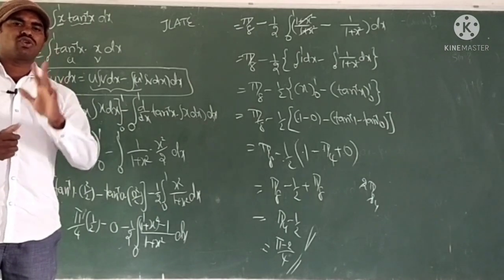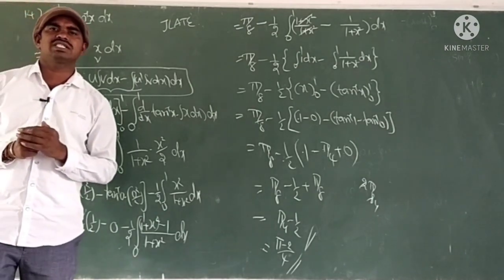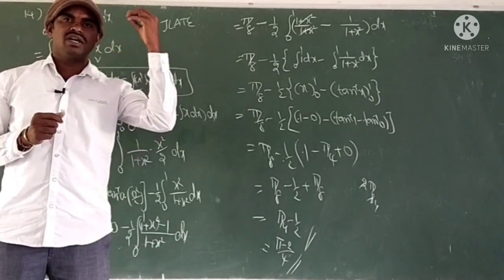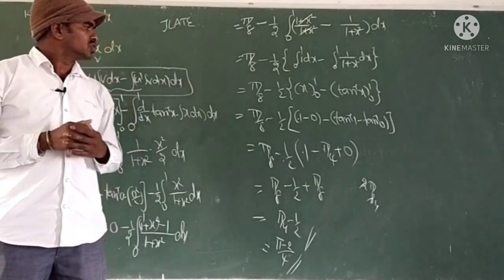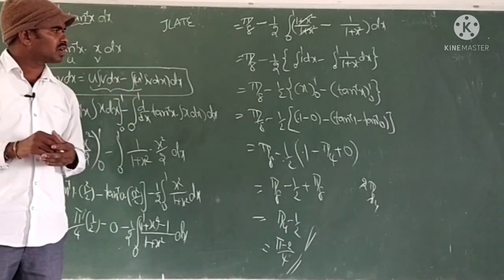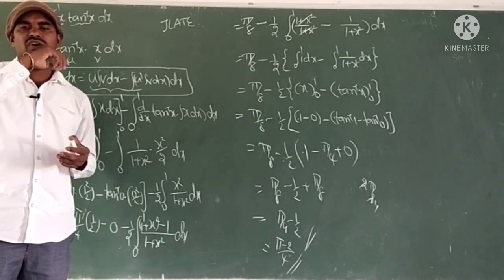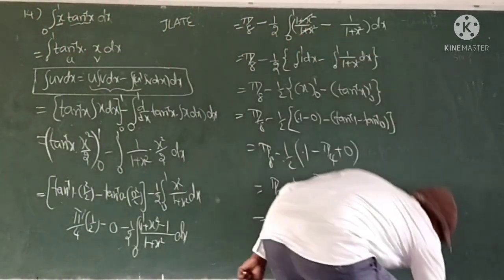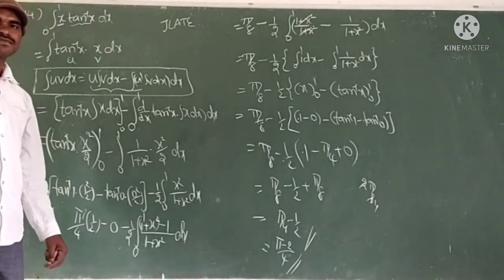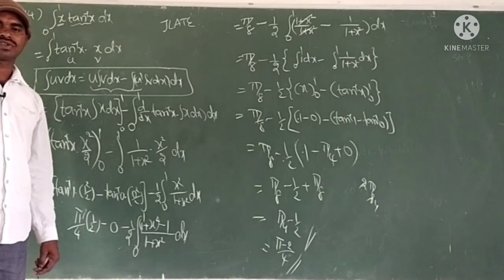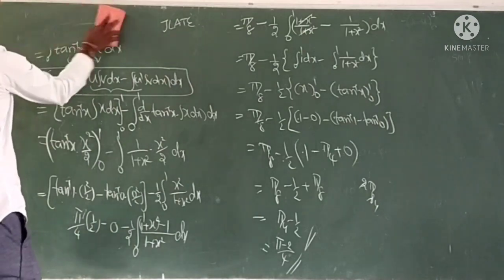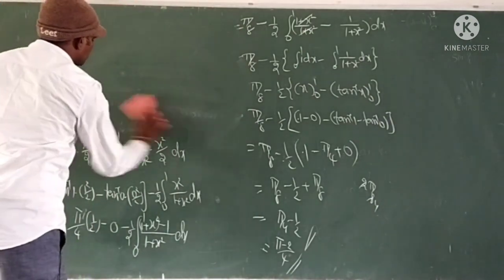Okay, and two more questions are there. After that we have some formulas, basic, very simple formulas, and those simple formulas can be used in the 4 marks and 7 marks questions also. So let us complete this one, and after those two questions I can give some basic formulas and important questions. So please note down. Next, 15th question.